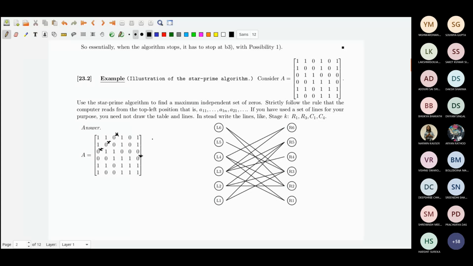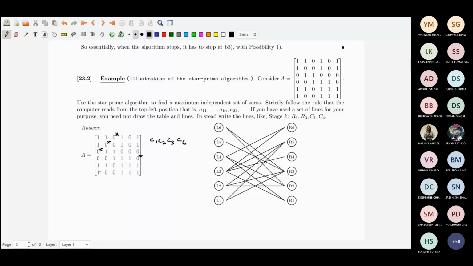So I wrote C1, C2, C3, and C6. Okay, if you want, you can strike them down,